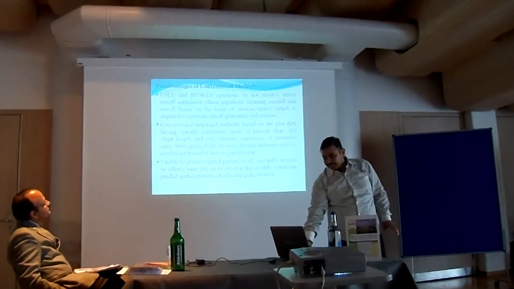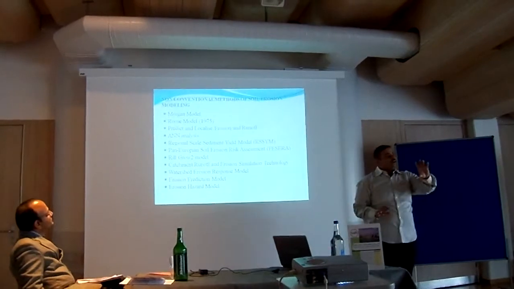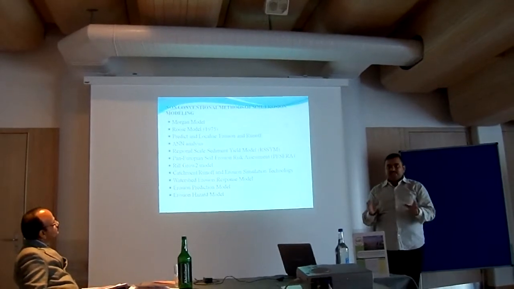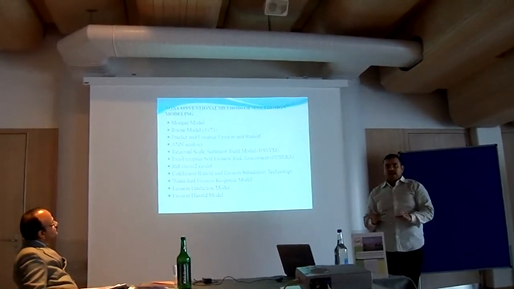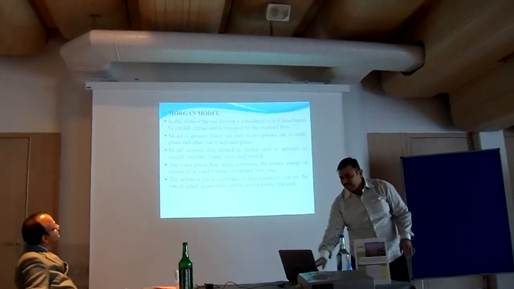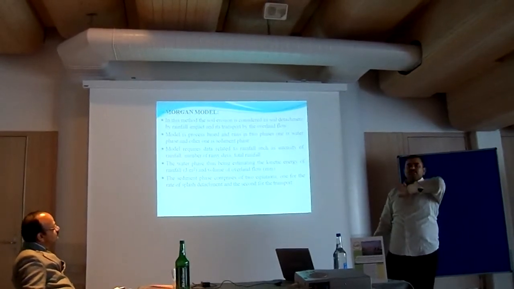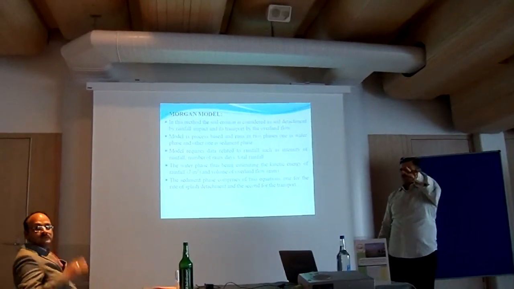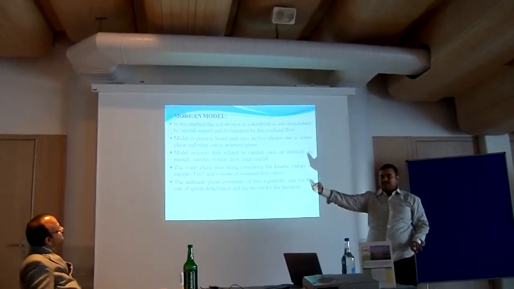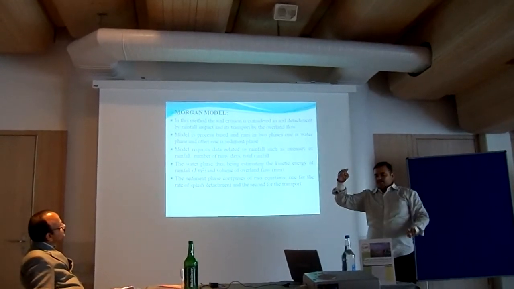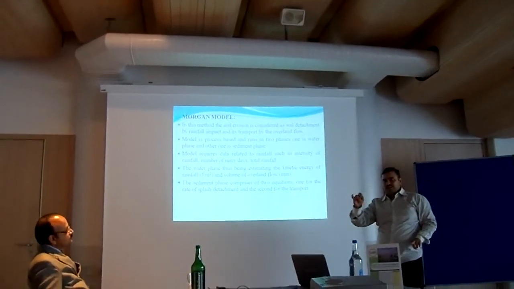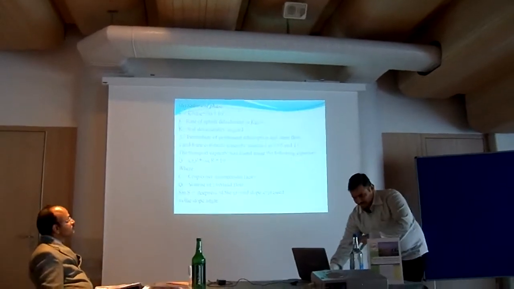Now, whatever the drawbacks of these equations, researchers across the world have studied them and developed some mechanisms so that they can have a better model for the prediction of soil erosion. Number one, the Morgan model. It essentially has two phases: the water phase and the sediment phase. The water phase deals with the estimation of kinetic energy due to the rainfall and estimation of runoff, and the sediment phase has the estimation of sediment detachment due to the impact of rainfall and estimation of sediment generation due to the runoff flow. I will not go into detail in these equations.